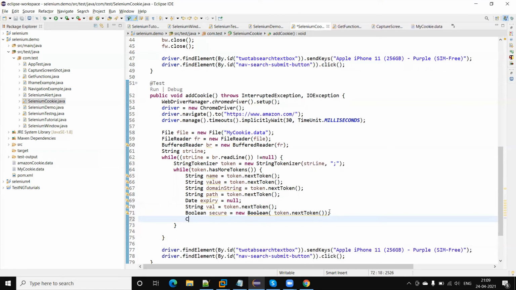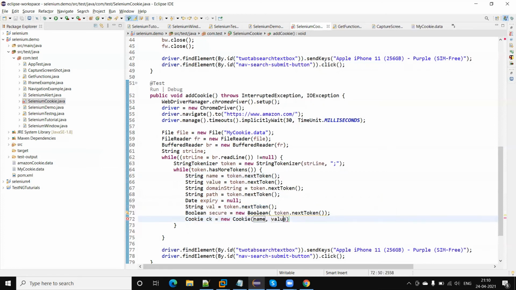So now I need to add this in a cookie object. So I need to create the cookie object, new cookie. Okay, so here what values we need to pass?